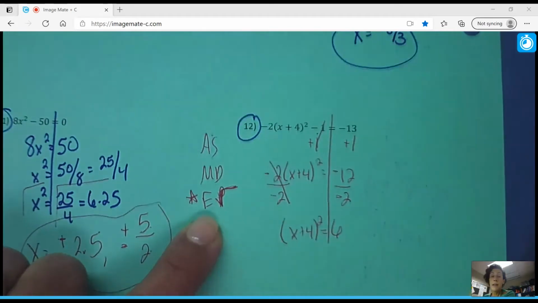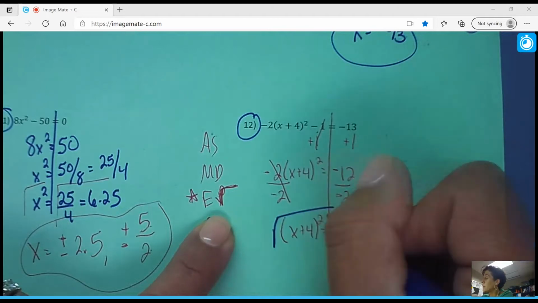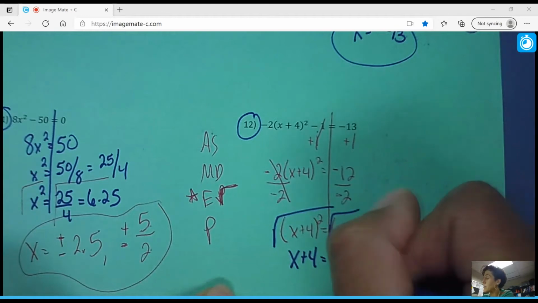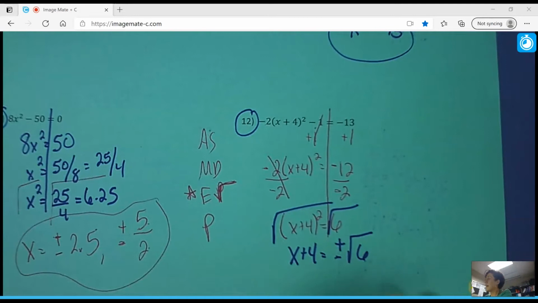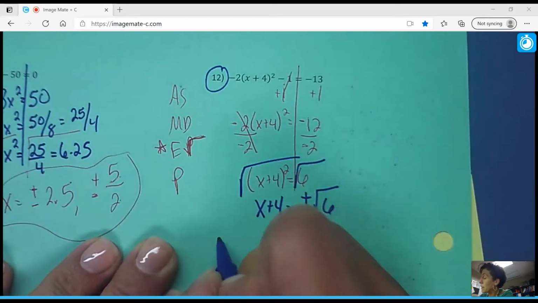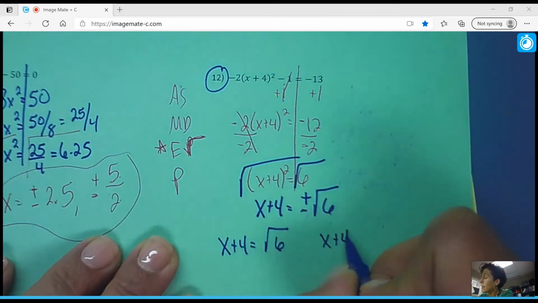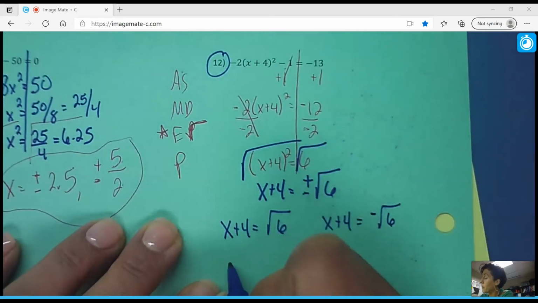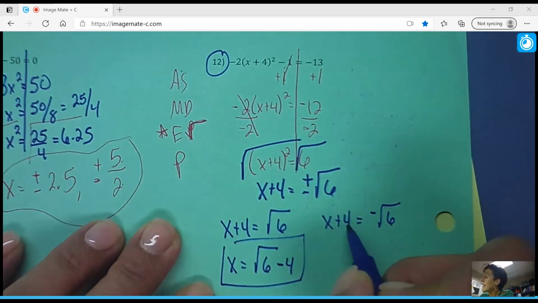And now I'm ready to undo that exponent by doing a check mark, square root, square root. Square root and squared cancel each other out. And then the square root of 6, again, this is where I get 2 answers. And you know what? The square root of 6 is not a nice number. So we'll just leave it like that. And now to get x alone, we're going to have 2 problems. We're going to have x plus 4 with the positive version of the square root of 6. And we're going to have x plus 4 with the negative version of the square root of 6. So here I'll subtract 4. So I get a square root of 6 subtracting 4. These are not like terms. You can't combine them. And then I'll also subtract